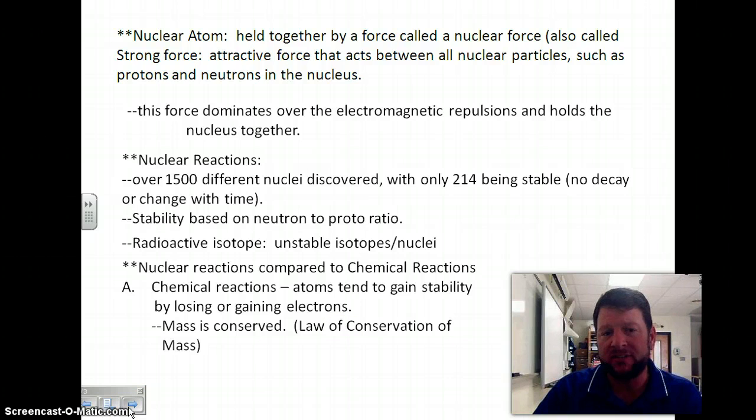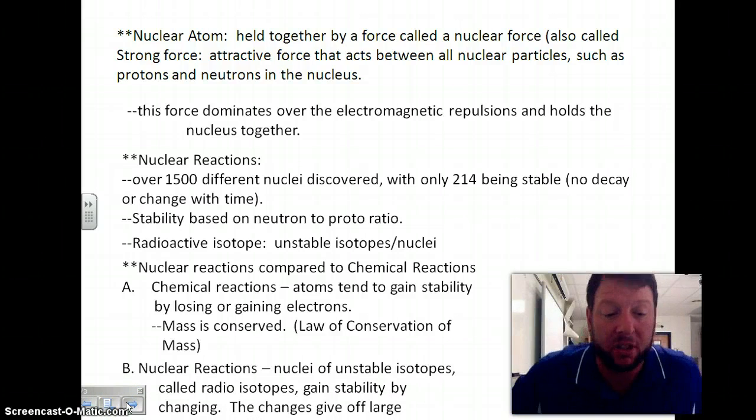Mass being conserved means that if the mass of the ingredients in the recipe is 55, when the recipe is all done, the mass will still be 55. Okay? That's what the law of conservation of mass means. Nuclear reactions, though,